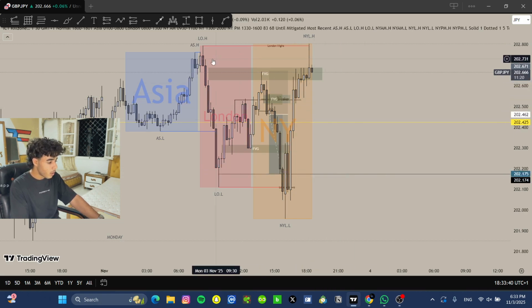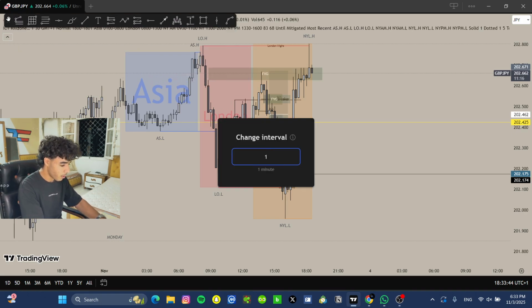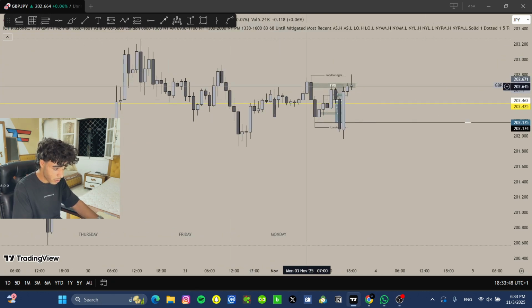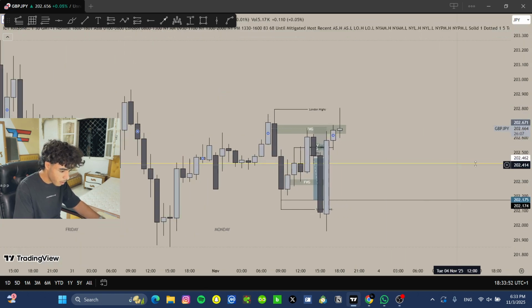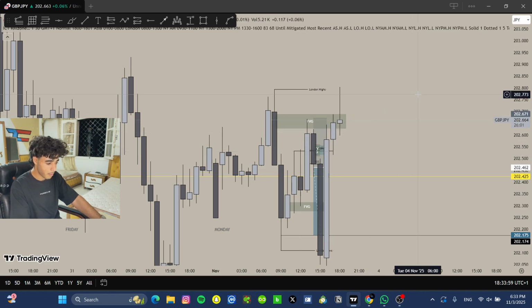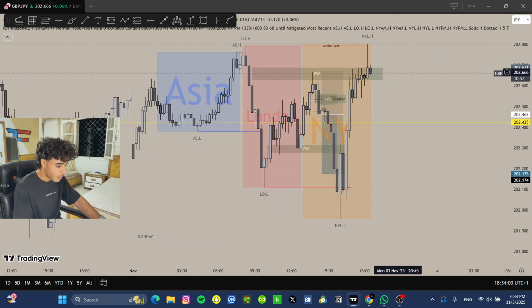So at the 1 hour, oh no, this is the 15 minutes. Sorry guys, I just got back home. I got back home at 6:25, and now it's 6:33. So as you guys can see, we have a 1 hour order block right here. We have a 1 hour fair value gap right here, and if we go into the 15-minute time frame, you can see that we didn't take out the London session highs.